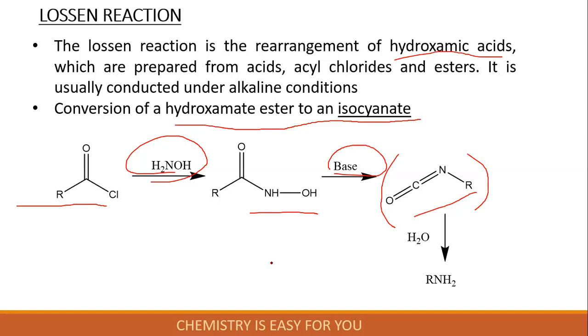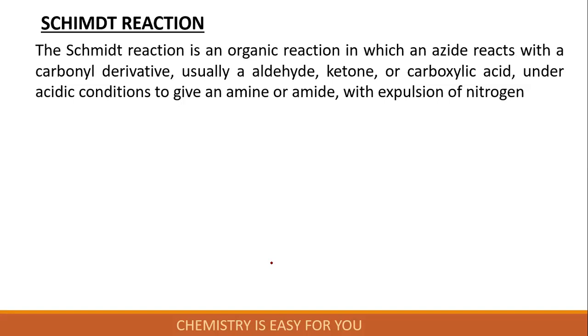In the second reaction, the Curtius reaction, we have an acyl azide converting to an isocyanate and then to a primary amine. Here we have hydroxamic acids or hydroxamate esters converted into isocyanate and then to a primary amine. These are very interrelated reactions. You usually confuse these. That is why I have included all of these in this series itself. And again, we have one more closely related reaction in the next slide, which is the Schmidt reaction.